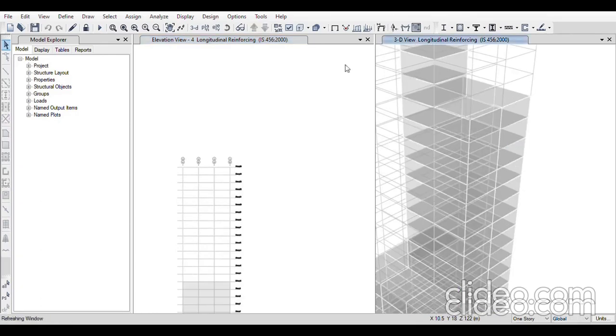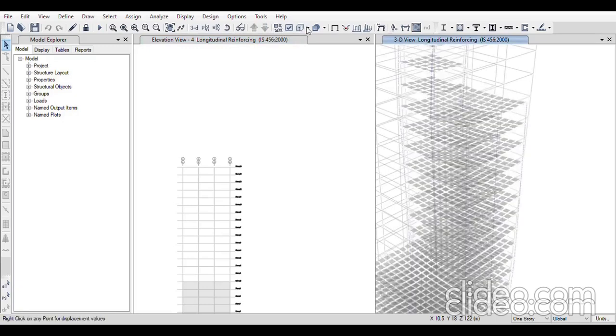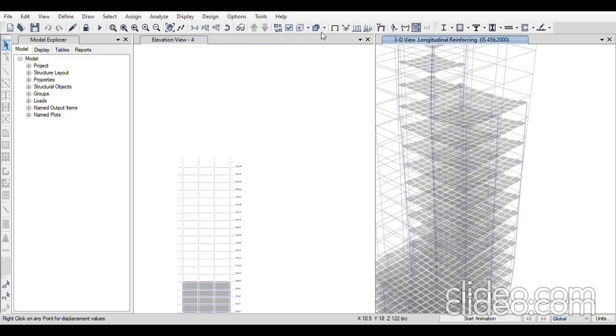I'll click on 3D and I'll take view, build, extruded view.